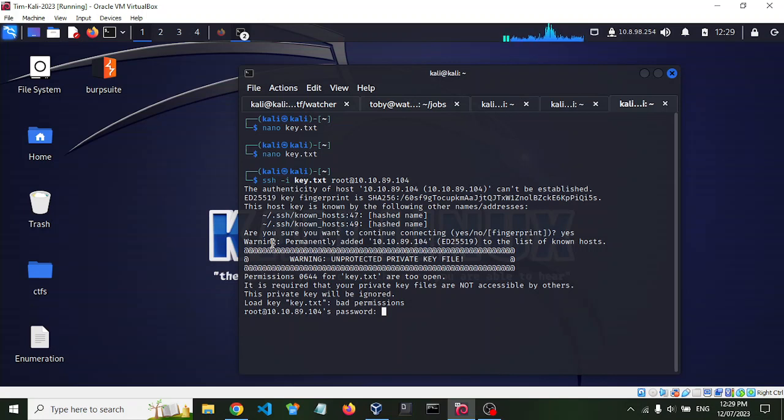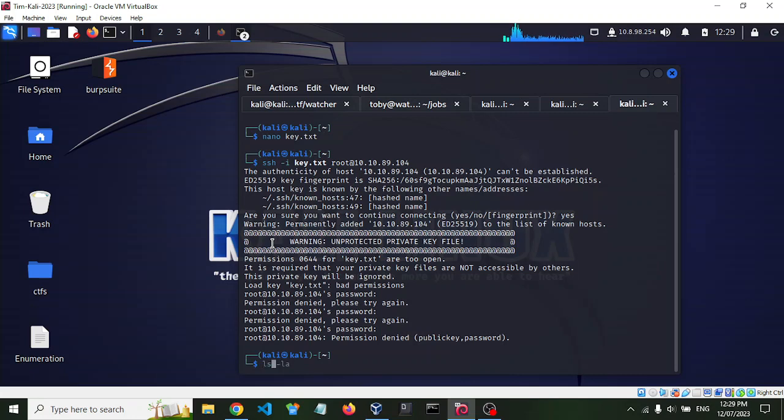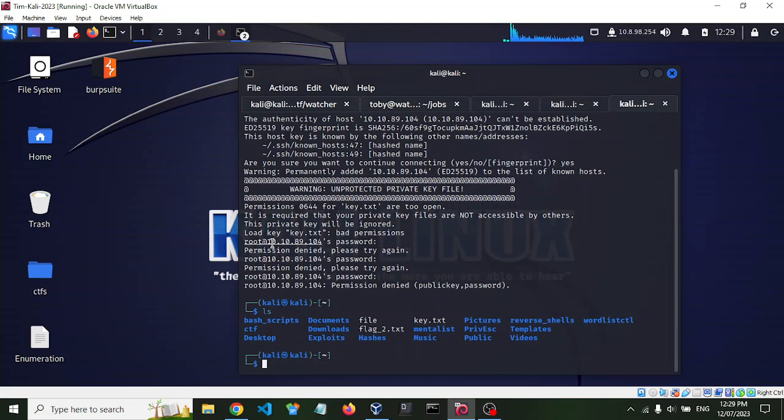Root password. Okay. And we can't get in because we haven't got the right permissions. And we don't know the root password. So we need to change the key.text permissions. Because if we do ls -la,